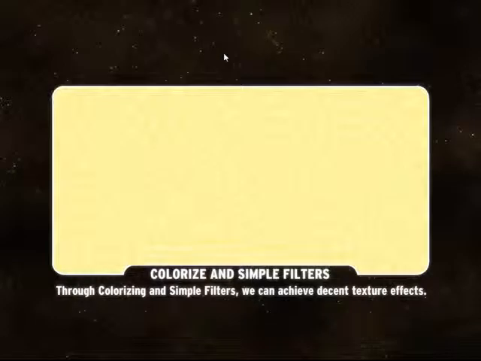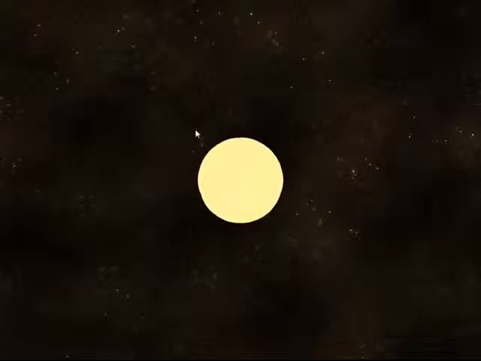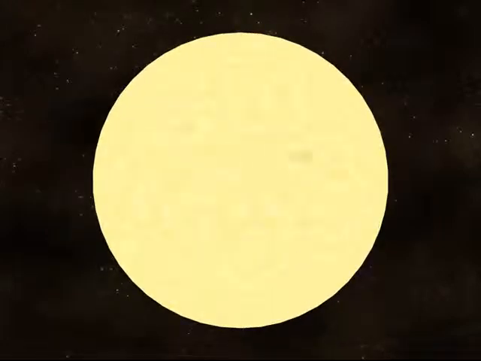So taking this, we can just use a couple simple filters and colorizing, and we can already achieve the majority of JHT's texture. We've got the white and the darker yellow, and it looks almost the same except it's missing the sunspots. Now when we apply this to our sun and we bring it up, we can see that we have the texture applied, and we've got our sphere and it's rotating, and that's great. The only thing that's missing are the sunspots,